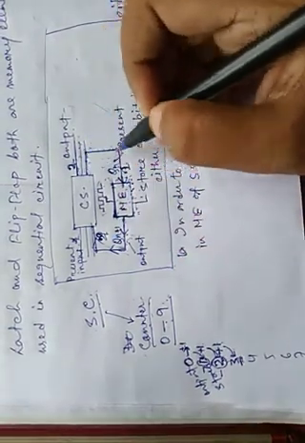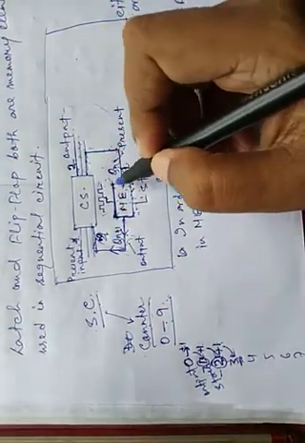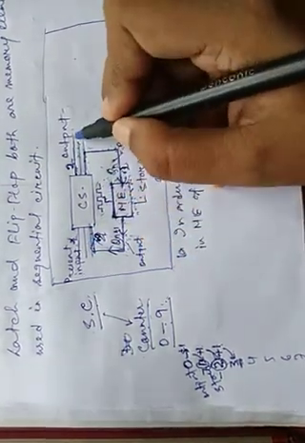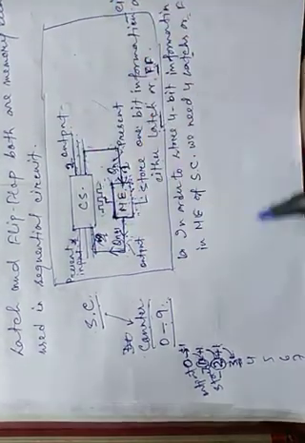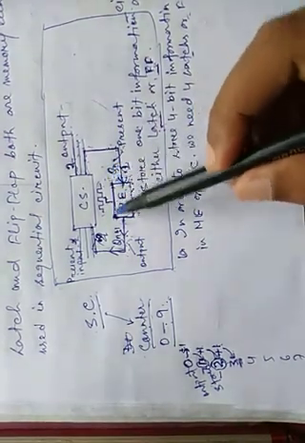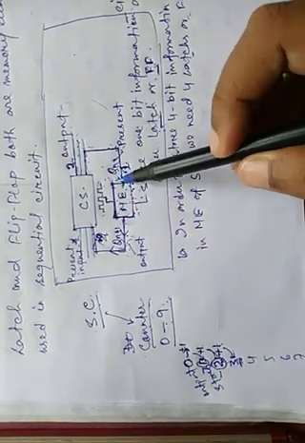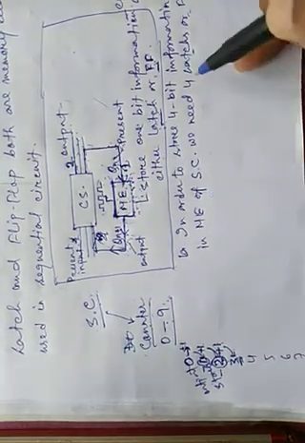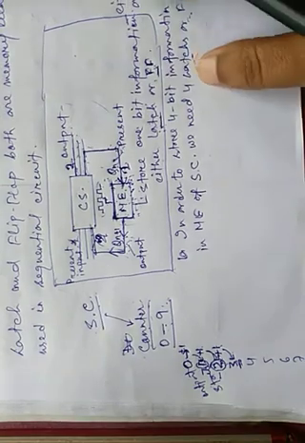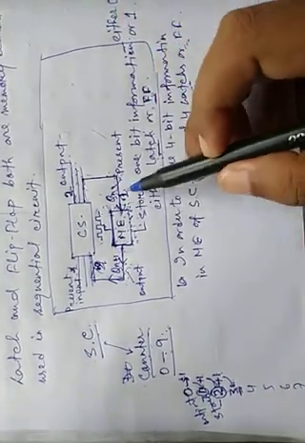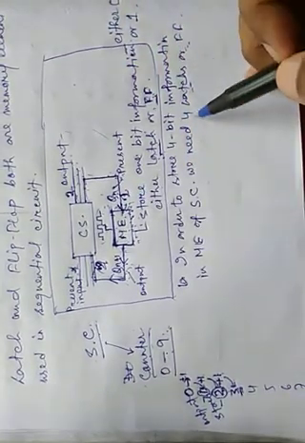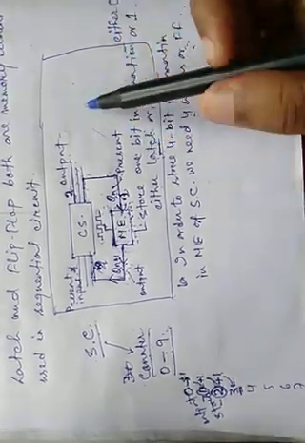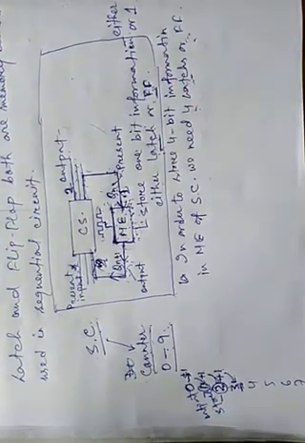So that's why the output must be stored in some cases, to feed it back to the input to get the next state. This is the main purpose of a memory element. Whenever we want to store one digit, we use one latch or flip-flop. Whenever we have to store more than 1 bit, we use that number of latches. So that is the main purpose of flip-flops and latches.